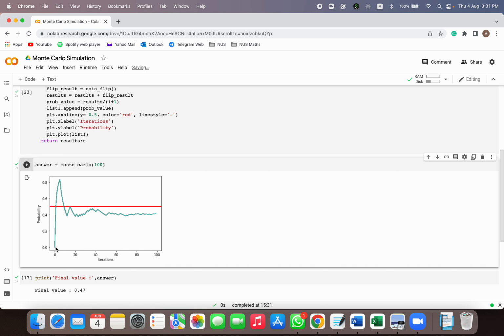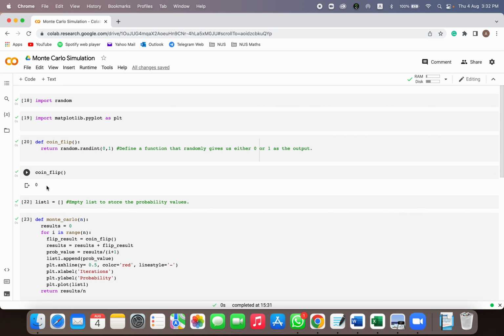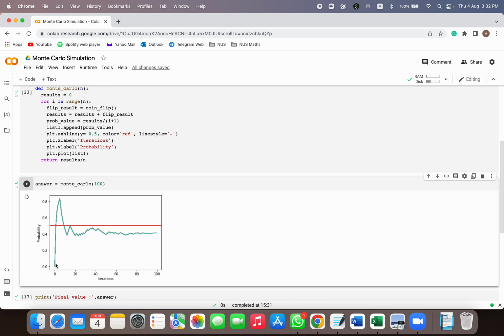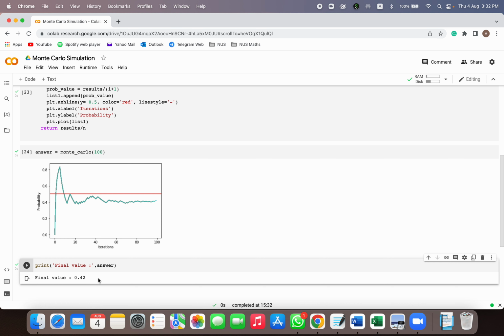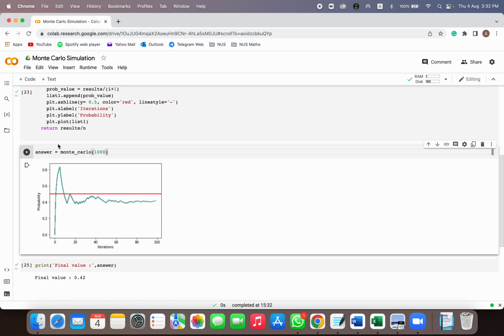You can see 0 at the start here, because at the top your coin flip was 0. Then it may have got heads multiple times, so the probability increased very high. Then it got a few tails, it goes back down, then it hovers around, and then you can see that it slowly increases back up. Our final answer is around 0.42. Not the best, but you can see from the graph trend that in the long run it feels like it will approach the value 0.5. For now it's 0.42, which is already close to 0.5, and it is basically because we only ran it 100 times. If we were to run it for maybe 1,000 times,